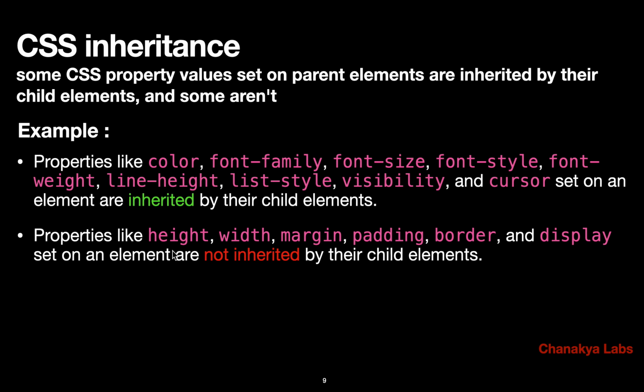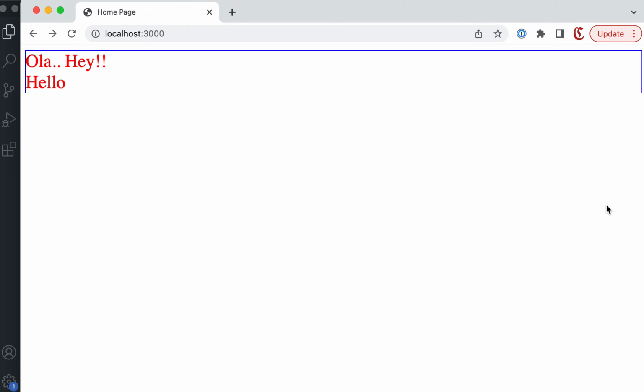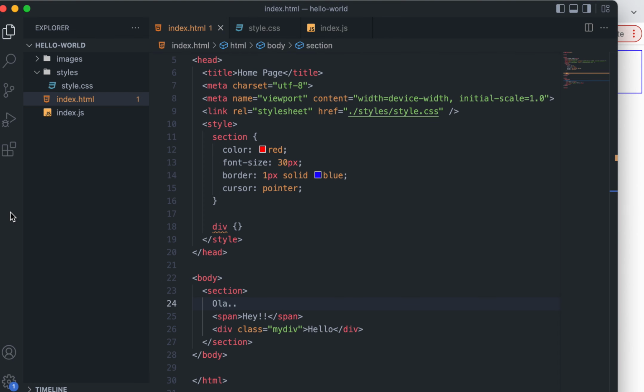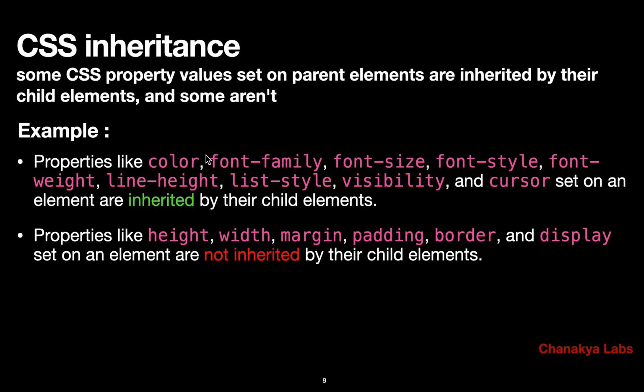Okay, and these sort of things are sort of common sense, but initially you can remember a few of these and google a bit, but slowly you will see that most of the things are common, because if I'm changing color, then yeah, the color of the whole thing should change, right? But border, if I apply border at one thing and everything is taking border, then that is obviously not desirable, right? So based on common sense, the people who designed CSS have created something like this, that what should be inherited and what should not be inherited. Okay,